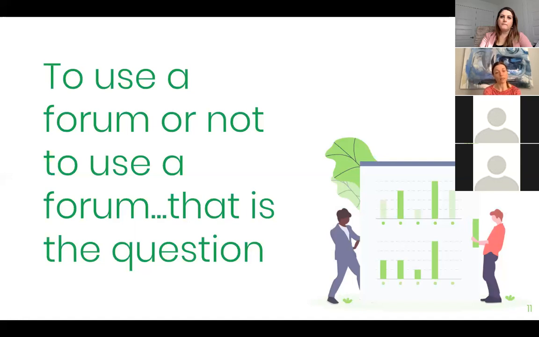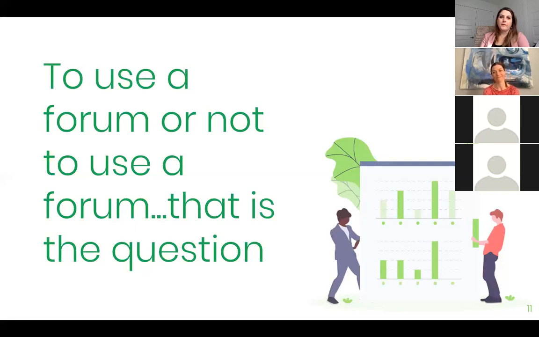I wasn't in my forum every day, because I wanted students to have a chance to put stuff out there and respond to each other and not feel that I was going to comment on everything that they said. But I was in there every couple of days, and I offered my own comment and question, just like they did, so that the rules applied to them and the rules applied to me.